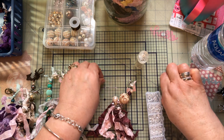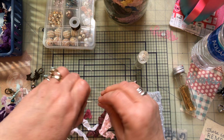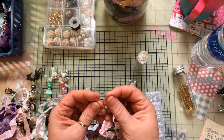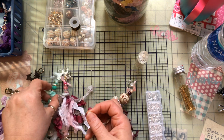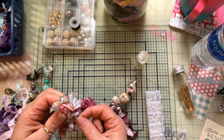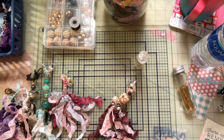So see the difference? Here's the flat one. Here's the eye pin. One looks like an eye, one looks like the head, okay? So this is what you would use when you string your beads. String your beads on there. And then you would use,